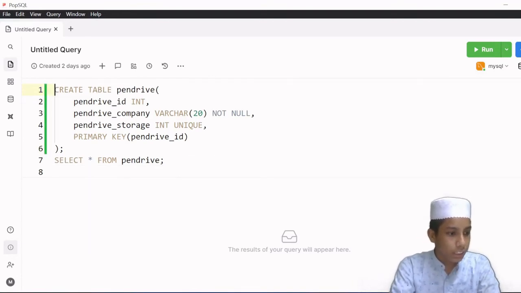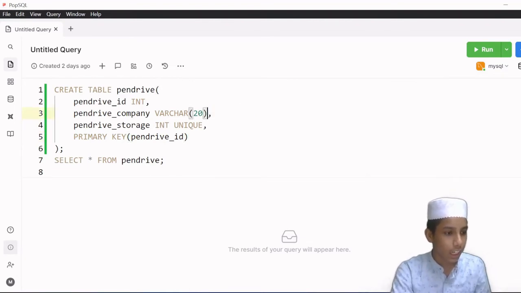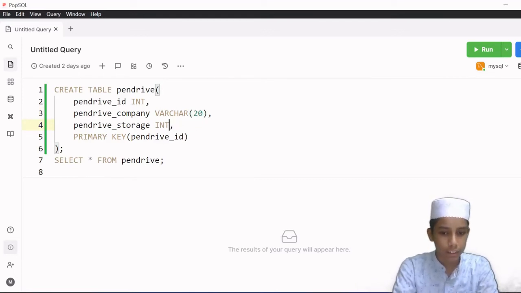so here these, not null and unique, are known as constraints. Here we have the primary key, which is going to uniquely define the specific row. So here we have not null. I am going to remove this not null and this unique. And now what I want to add is a